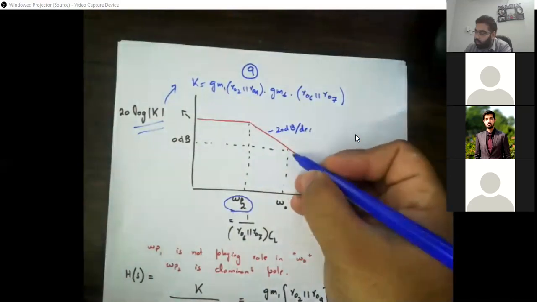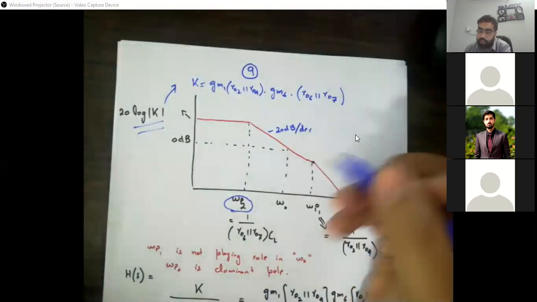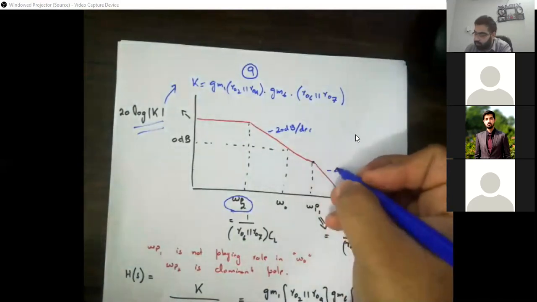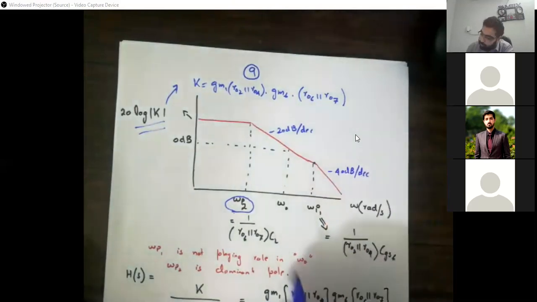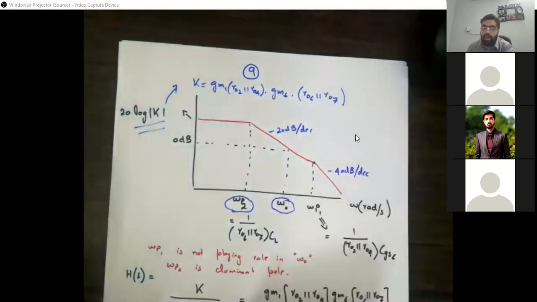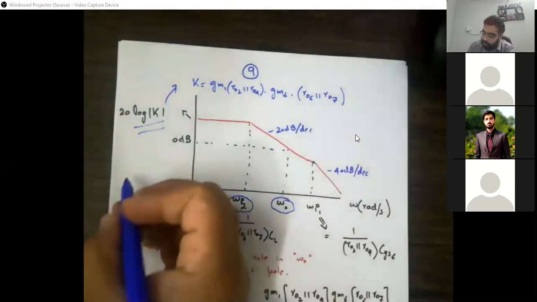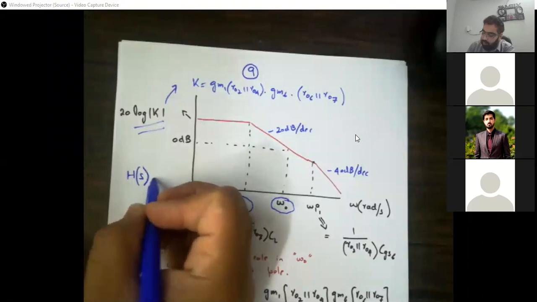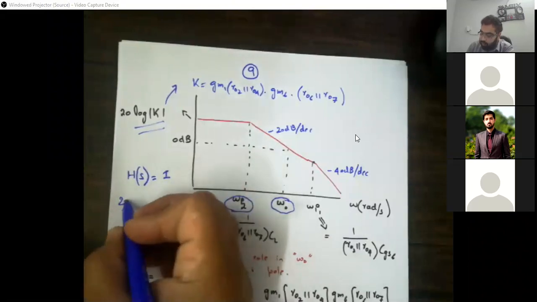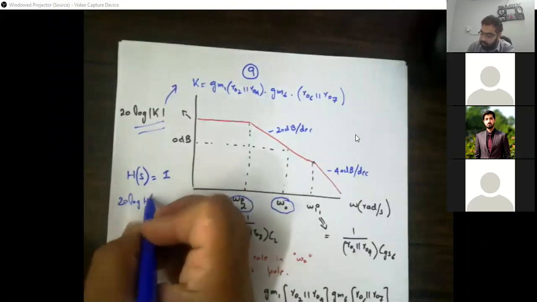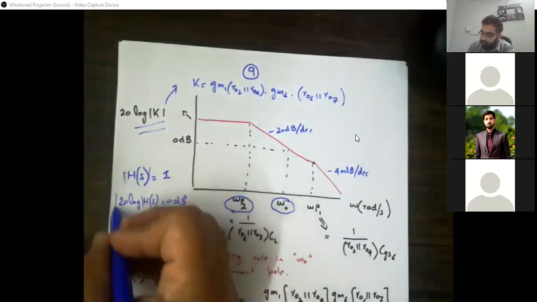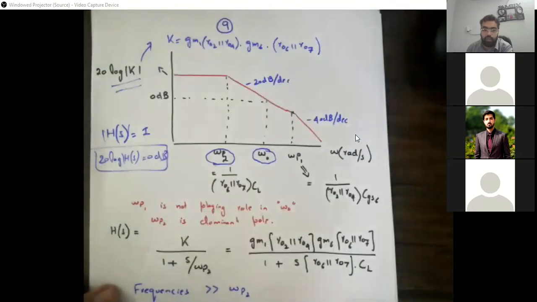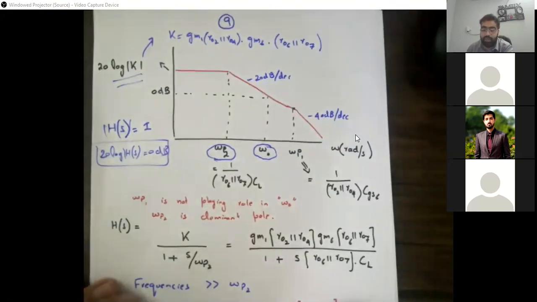It will continue until the omega p1 location will come, जिसको हम यहाँ से कहना, then it's going to be -40 dB per decade. And then something we need to find is omega naught. Omega naught कौन सी value थी? We need to figure it out. वो value जहाँ मेरा h of s is 1 या 20 log h of s का magnitude 0 dB है. ठीक है, तो हम लोगों ने ये पॉइंट फाइंड करना था. तो वो पॉइंट किस तरह फाइंड करते हैं?